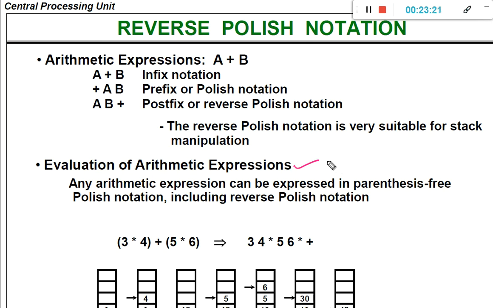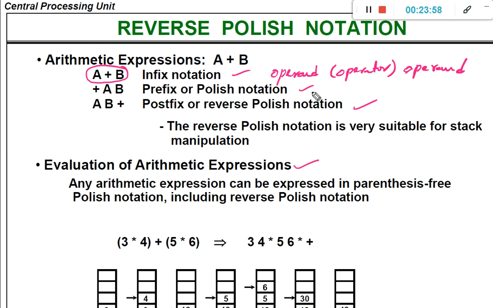So as far as the arithmetic operations are concerned, there are three different notations available: infix notation, prefix notation, and postfix notation. As far as the infix notation is concerned, it will be like A + B. Infix notation means operand, operator, operand. Like this it will be written.